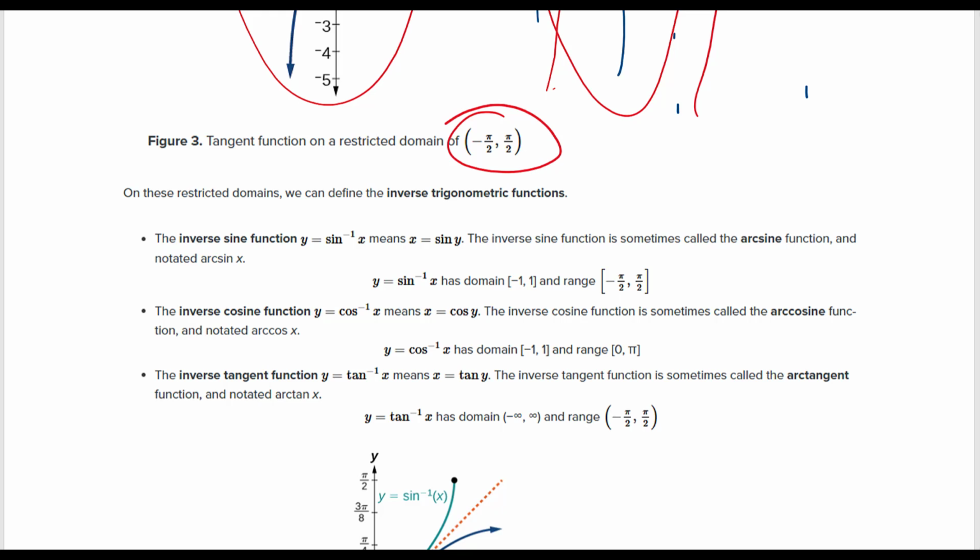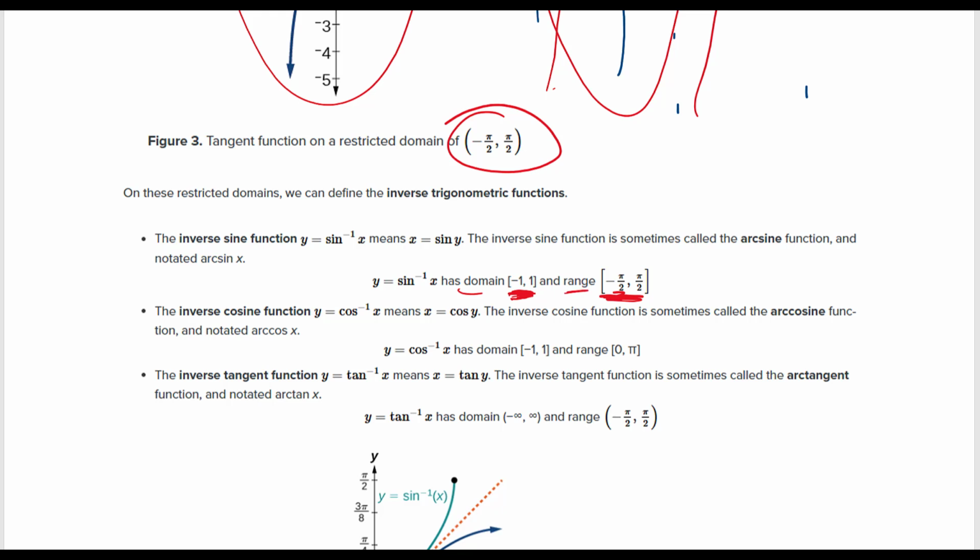So y equals sine inverse of x has the domain of -1 to 1. Those are the values that we could plug into it, and a range of -pi over 2 to pi over 2. What I want to stress is that this was the output of sine and input of sine. So for our inverse function, -1 to 1 is the domain, and